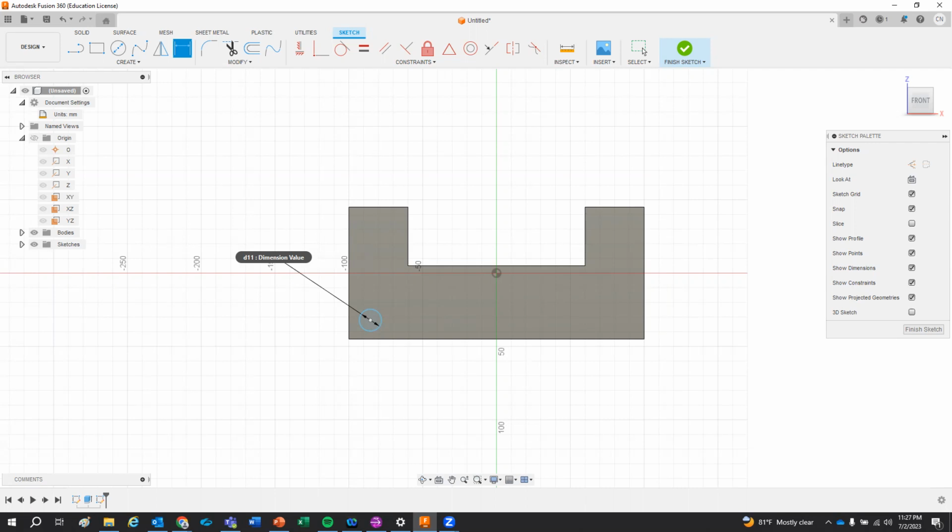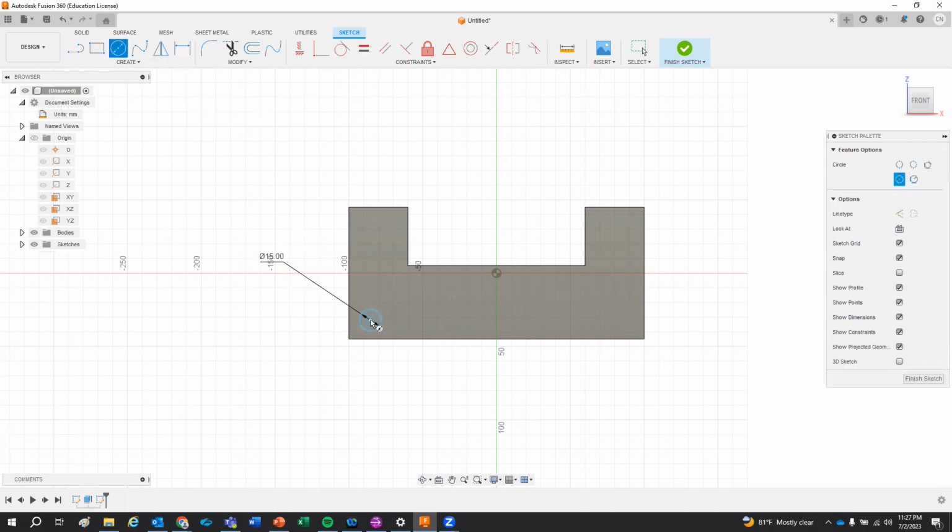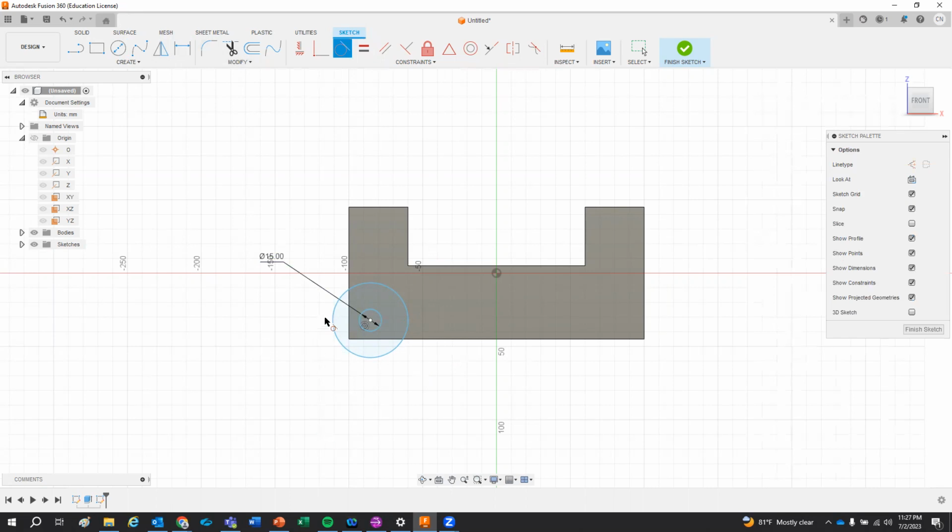Here, if I were to draw another circle there, and I would have created a constraint, and I would have said that. And then if I were to say the diameter of that is 30,